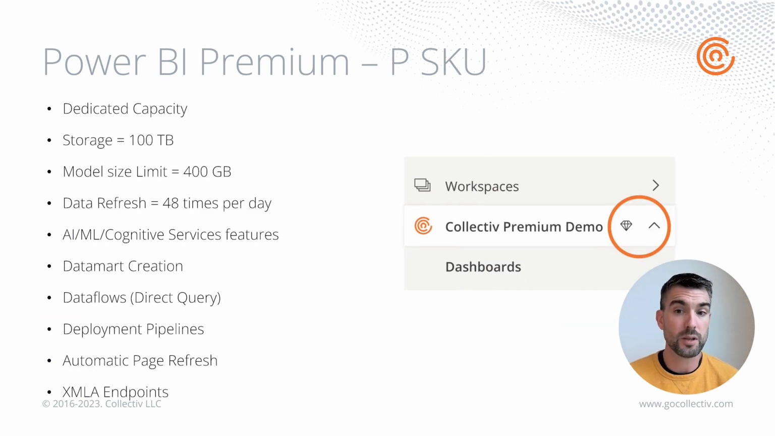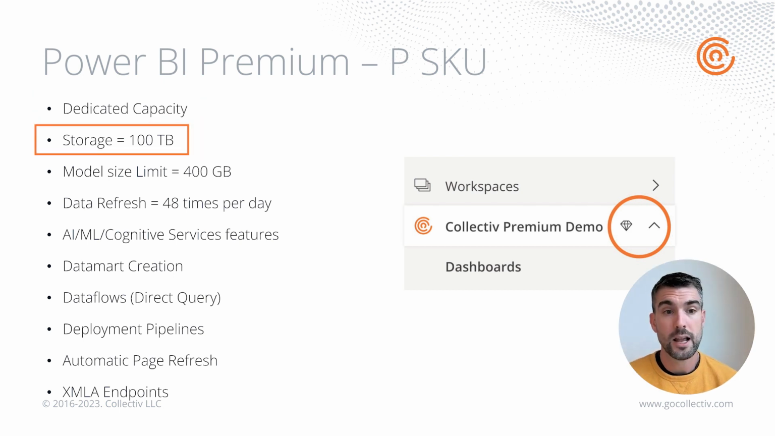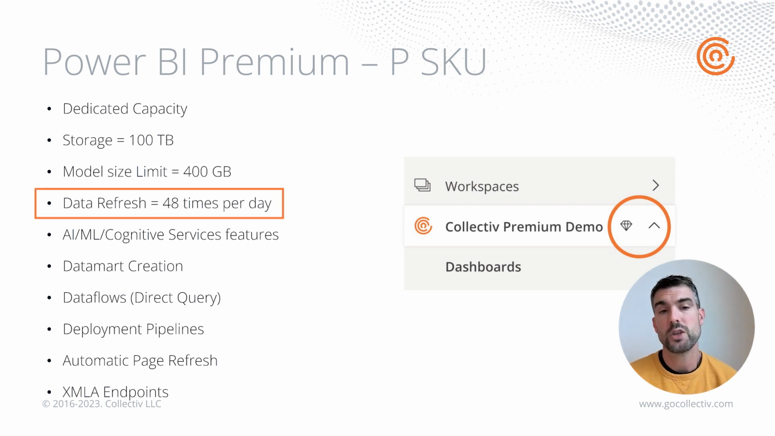So the Power BI Premium P SKUs are going to give you dedicated capacity like we spoke about before. The storage is going to give you up to 100 terabytes. The model size limit, like we spoke about before, that data set, can go up to 400 gigabytes. Data refresh, so versus 8 times per day with Power BI Pro, you can actually refresh up to 48 times per day. So that's a really value-added feature, where if I have a report that I need to see changes more frequently than just 8 times per day, or if I have individuals working all hours of the day and they need to see these reports,